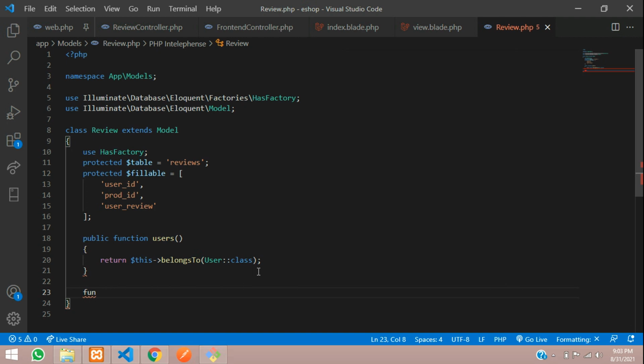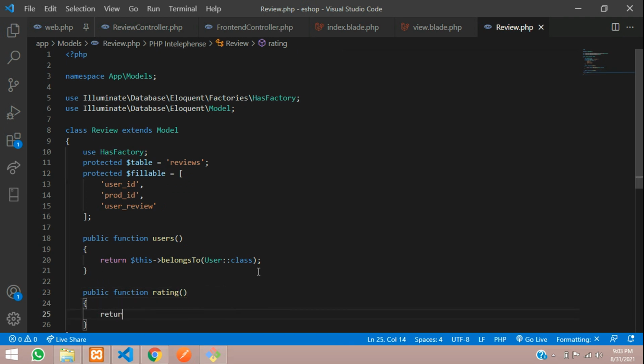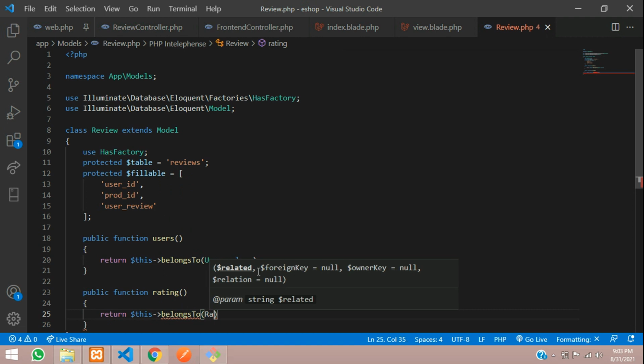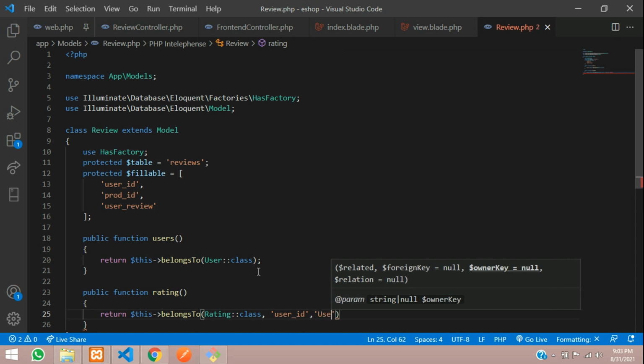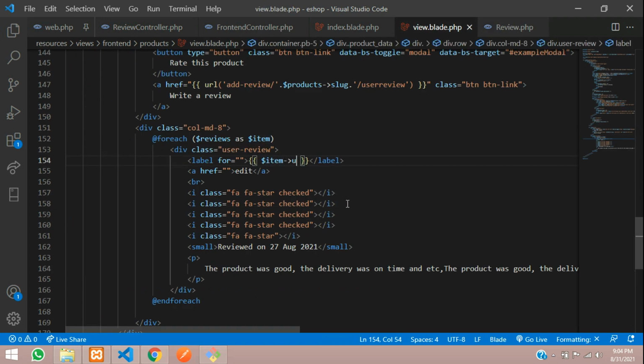So I'll just create a function for the rating also. Function rating, say return $this belongs to the rating class where the user underscore id is equal to this user underscore id. So let's get back to the product view, and here we have $item of users of f name, not the f name, the column name is name, and we have the l name. Copy that and say l name,